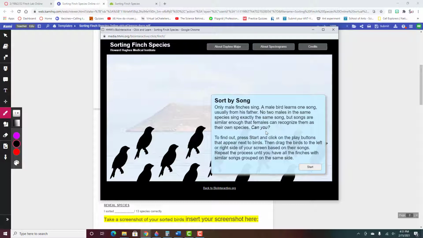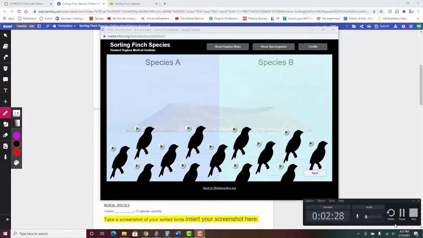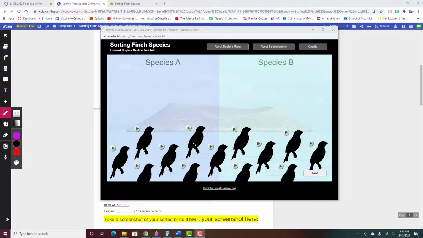So then it says, can you? And you're going to see here if you can sort the birds based on their bird song. I actually have to pause here because I forgot to turn on the sound in my recording, so let me do that. Alright,